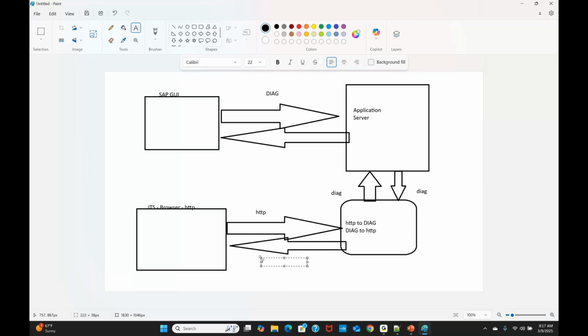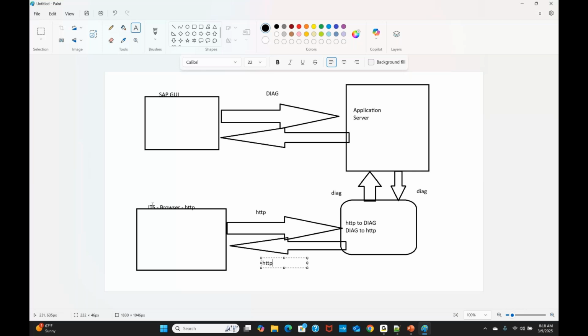I had to follow this structure because I could not change the application server in the 1990s. The browser revolution had come, and people were getting used to the browser and were happy to use it instead of the GUI because of the look and feel. In the 1990s they had to install this ITS web server separately to use ITS transactions. This is what happened in the 1990s.